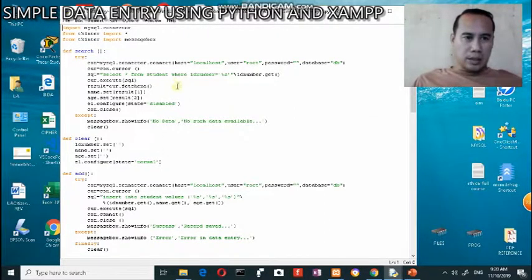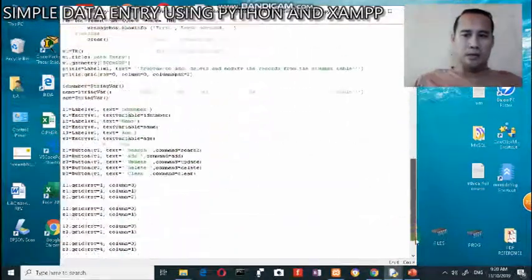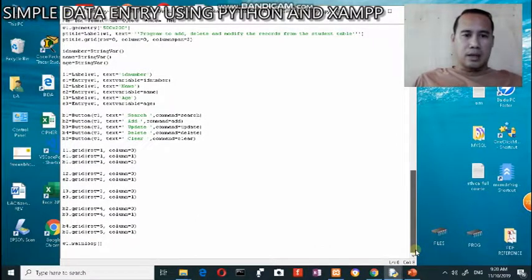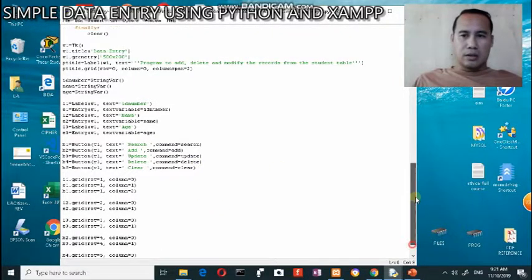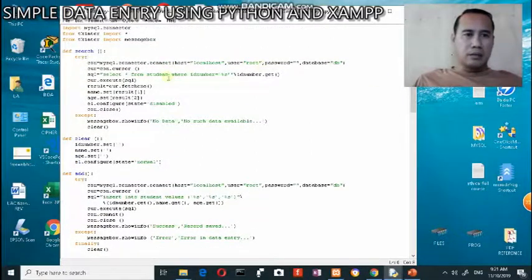So in this case, this def search is where we will be defining our functions. This search will be in connection with the clicking of our button, which we'll be seeing later on. So this will be dependent on the search button, but this block of code will be connecting with